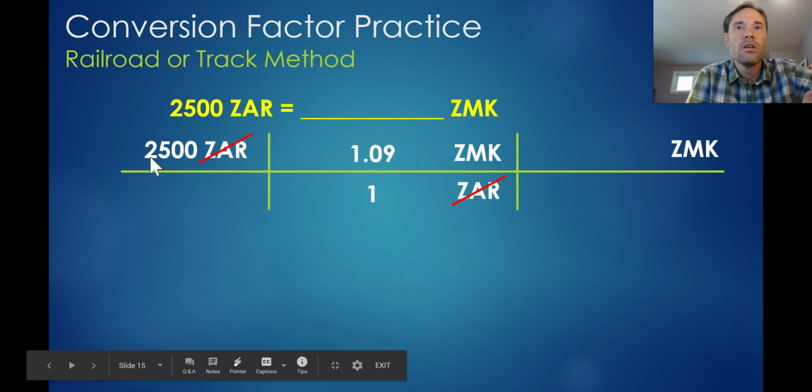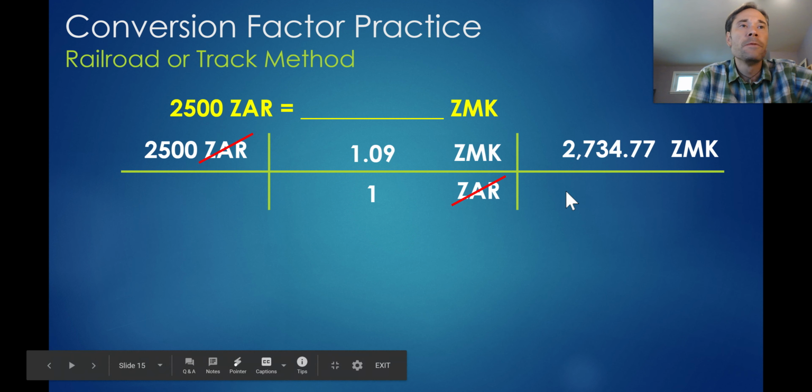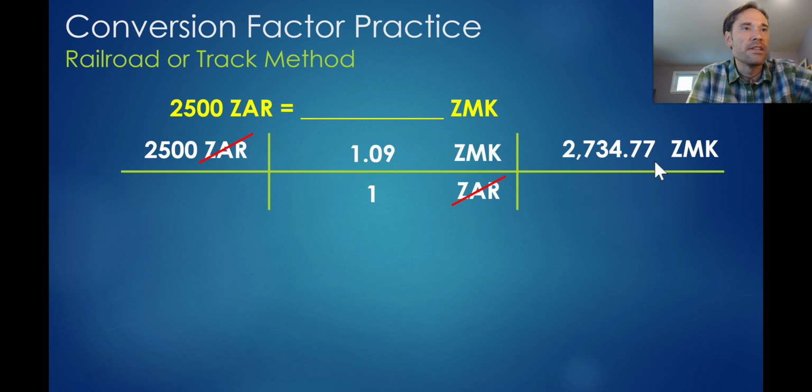Well, 2,500 times 1.09 comes across here, and then I've got a 1 on the bottom, and if I divide by 1, it's the same thing. So really what I've got is 2,500 times 1.09, and that gives me my ending result here of 2,734.77. So if it was a straight conversion from one side to the other, I would say that 2,500 Rand is equal to